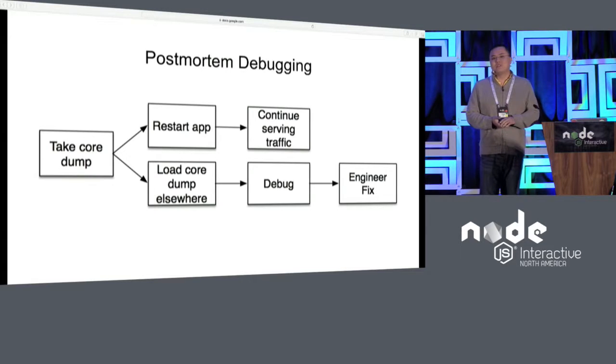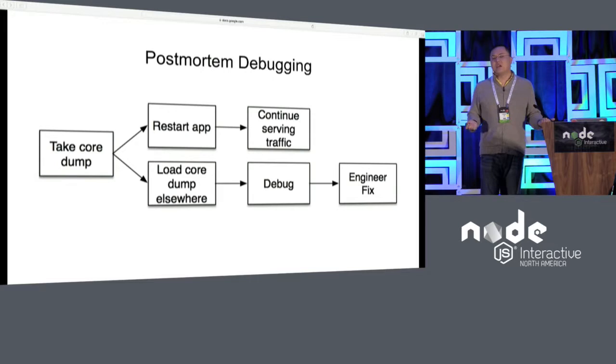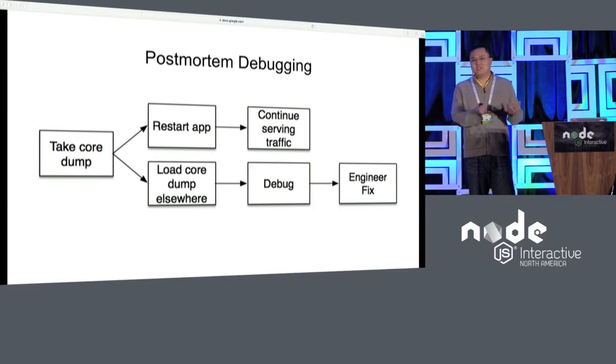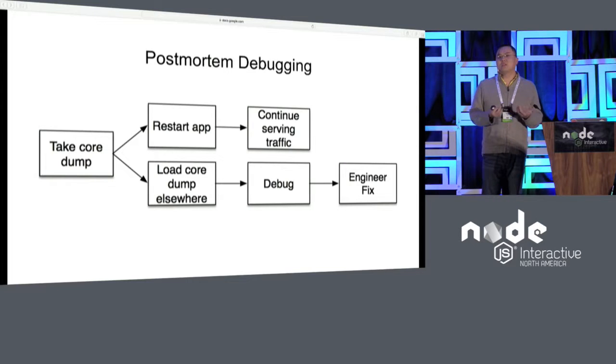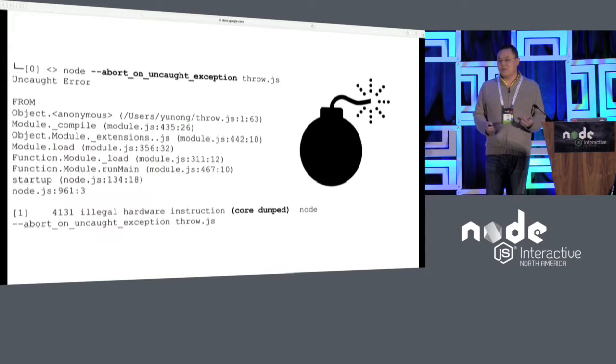Post-mortem debugging really lets you take a more, I want to say novel, approach, but this technique has been around for a very long time actually. You take a core dump, which snapshots the entire process state of the application, and then you immediately restart the application and continue to serve traffic. Whatever bugs you had, you restarted it, and you should hopefully be back to serving traffic. Then you can take this core dump and load it somewhere else. Meanwhile, your stack is continuing to run and it's healthy, but you can debug the core dump at your own leisure, take your time, engineer a fix and figure out what the problem is. We think this is really important because it lets you root cause a lot of these problems and prevent them from happening in the future.